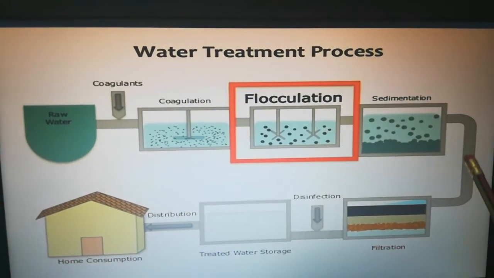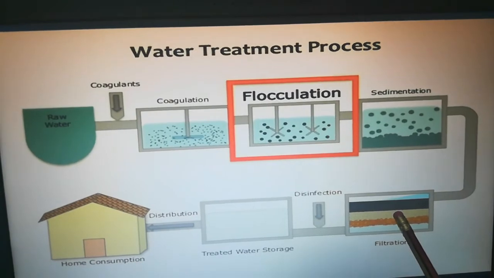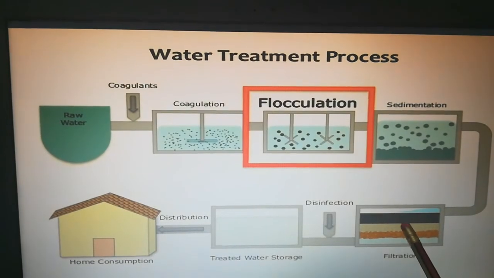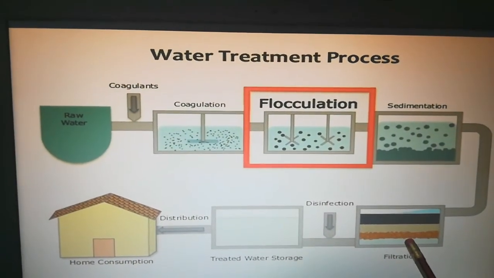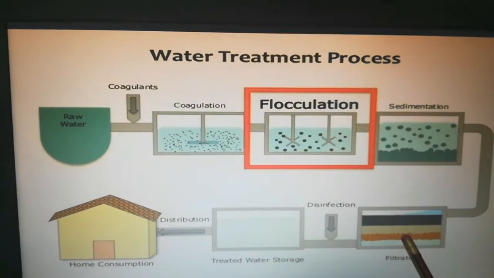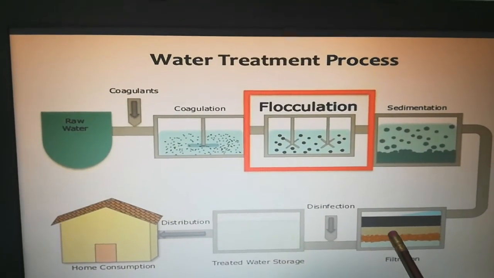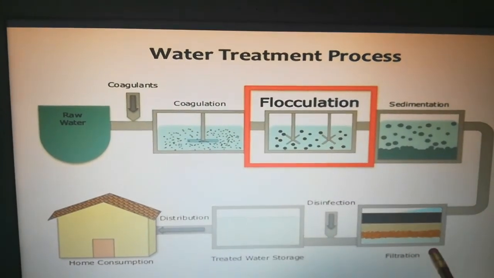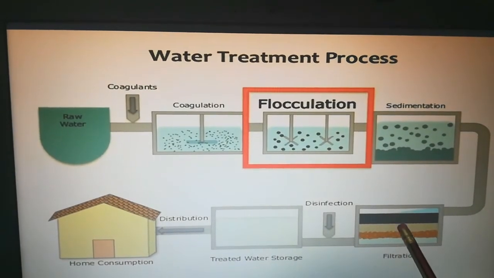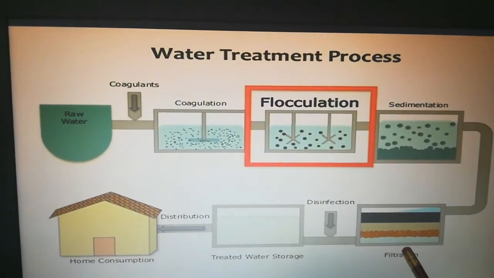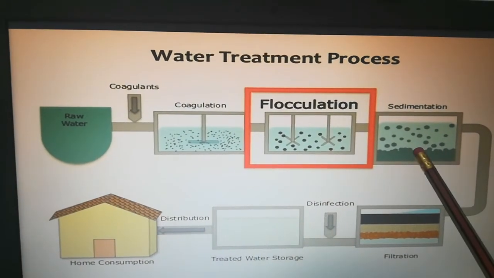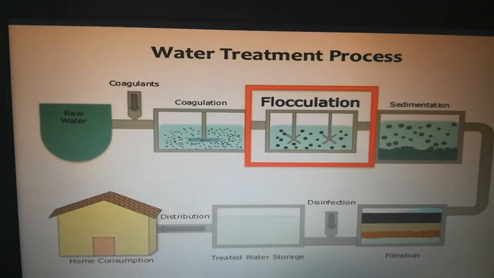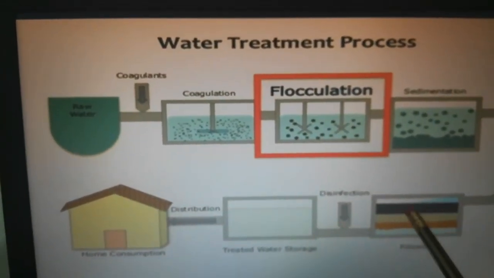After the sedimentation tank, the water is passed into a filtration tank. In this filtration tank, the process can be done either by using sand filter paper or fine screens. The purpose of the filtration is to remove any remaining particles present in the water. Why are we doing the filtration? We do the filtration to remove any particles that are left over. After the filtration, then what is added to the water?